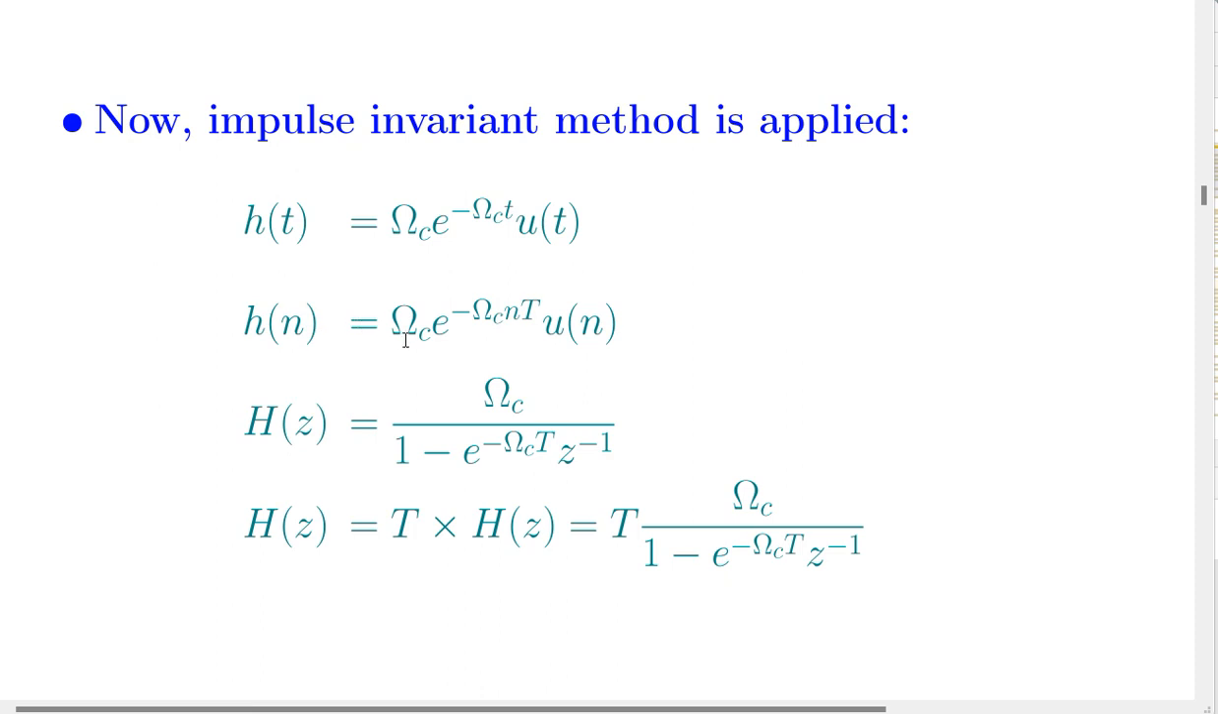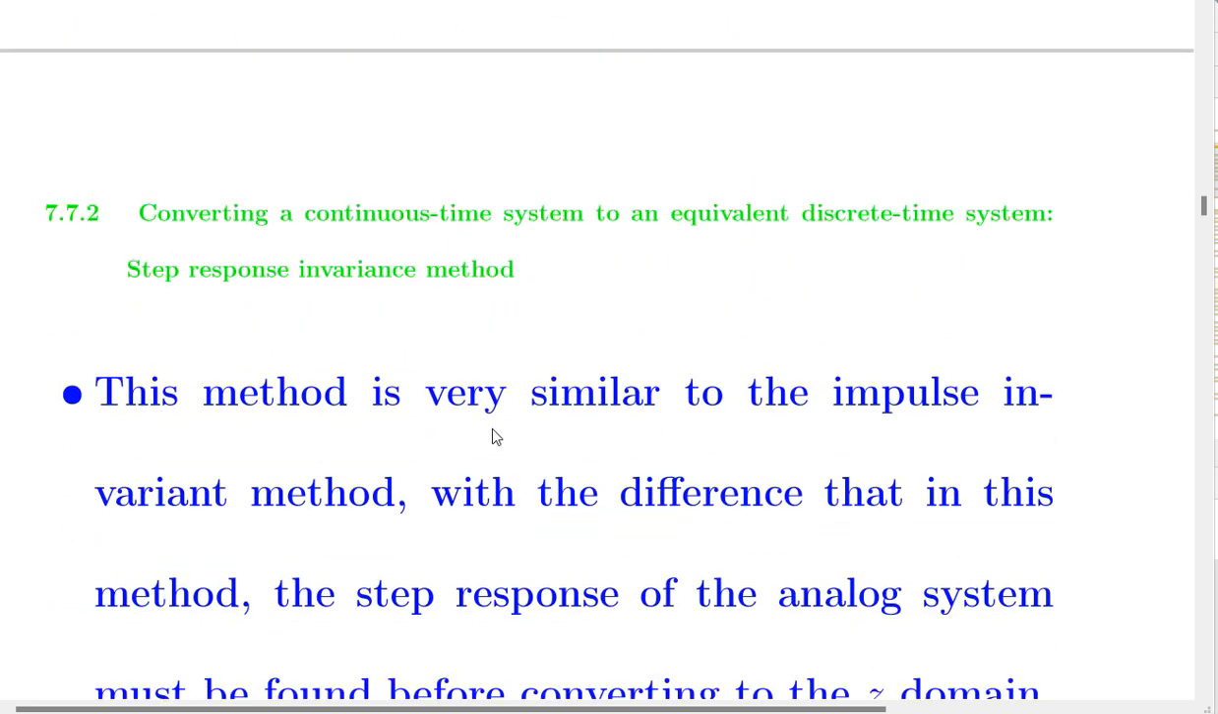Now, h of n will be omega c e to the power of minus omega c, with the replacement t equal to n Ts, okay? And u of t will be u of n. Now you can write the z transform because it's h of n. So h of z will be equal to omega c over 1 minus e to the power of minus omega c times T times z minus 1. And the last line, you can see every detail here. Okay, now,